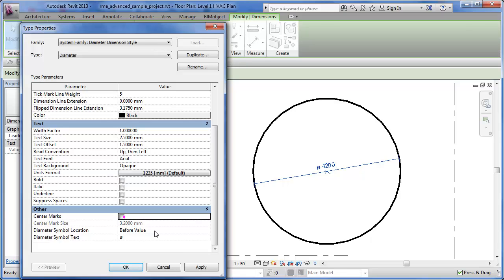So first of all, we have a center mark. We can turn that on, hit apply, and it gets rid of that little X that's out here in the middle. Turn that back on, and then you can set the size of it inside of there when this is turned on. Diameter symbol location before, and this is the diameter symbol,